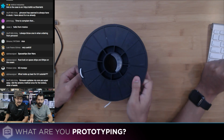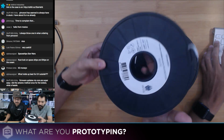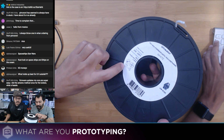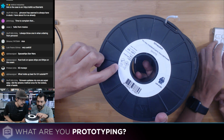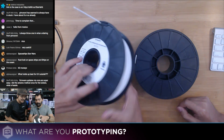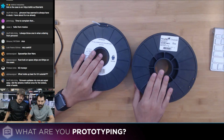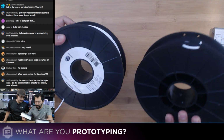So like we were saying before, this is what the spools from Ultimaker look like. Let me give you a little information here on the temperatures, the bed. I don't know if this is going to work or not, because it says right here, conserve dry and keep out of sunlight. So we'll test it out and see if it actually yellows. It'll probably yellow, but we'll test this out with the Ninjaflex Cheetah. Like we were saying before, it might be the exact same formulation, since they are using the exact same spools, even the same manufacturer,